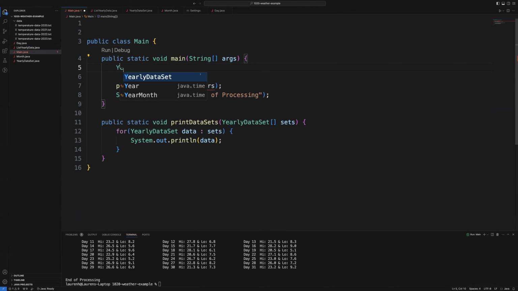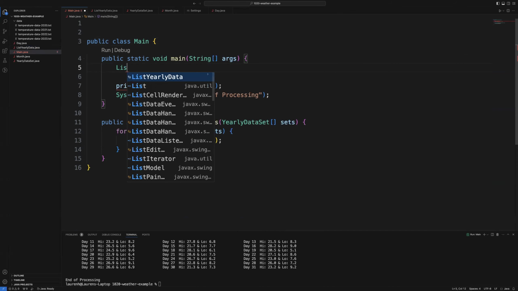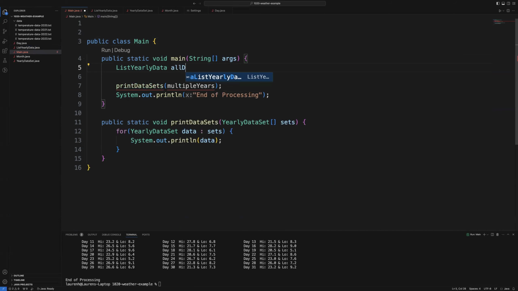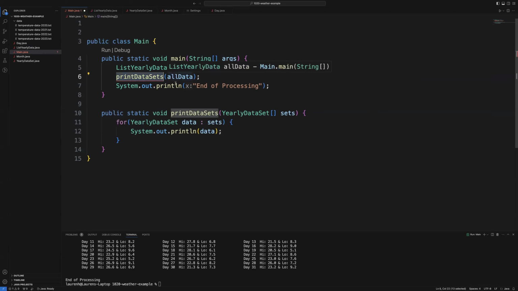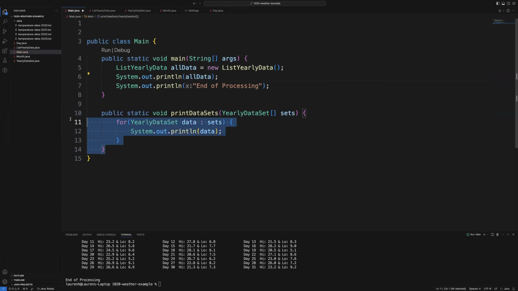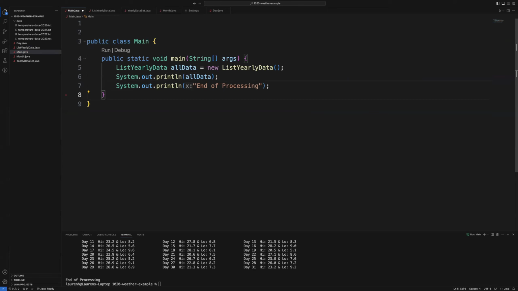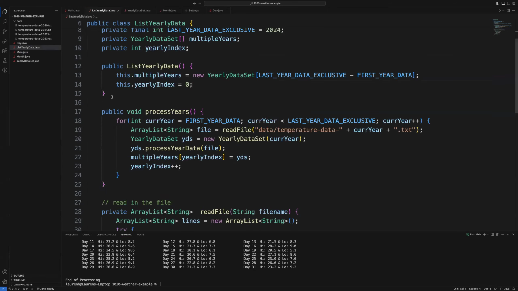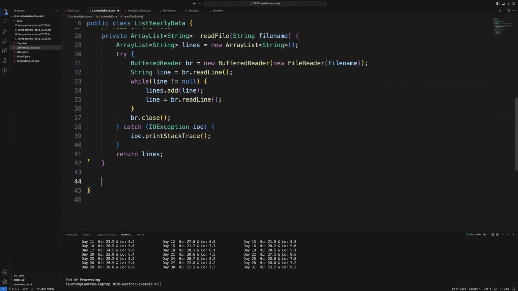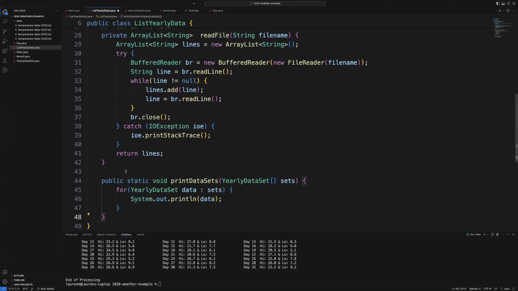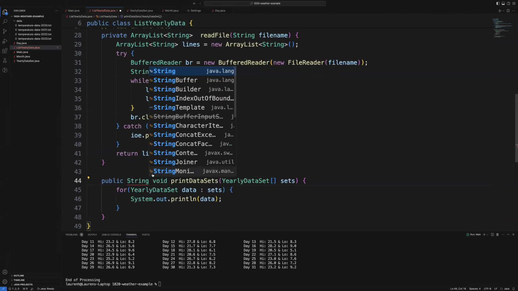I'm going to make up my yearly, what did I call it? List yearly data, all data is equal to new list yearly data, whatever. And now this can say list yearly data, all data. And now this is print data sets. That doesn't actually make a whole lot of sense anymore to do it this way. So instead we're going to do it like this. And then this becomes a toString. We move it all out of main and our main becomes super tiny and we've redistributed our code throughout our program. So this becomes public string